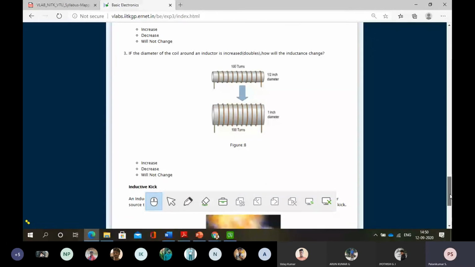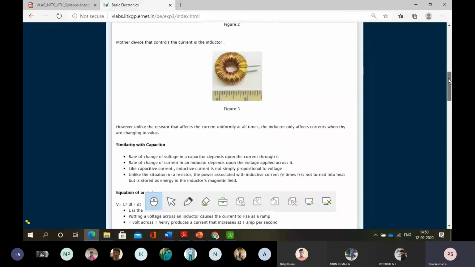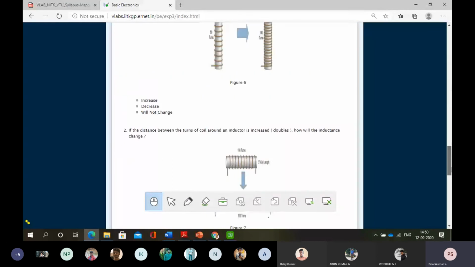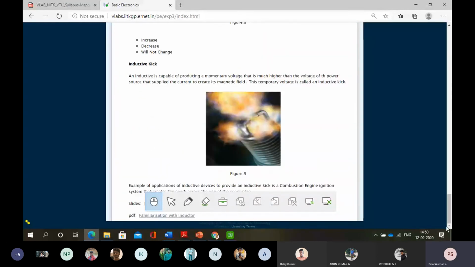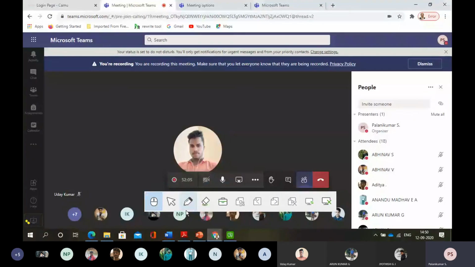As far as the simulation part is concerned, they have given only this. But I hope that through the video you understood a little better why we use an inductor and how we can use it in any circuit. Any clarification? If not, we will proceed with the capacitor. Is there any clarification? No, sir. Others? No, we can proceed.